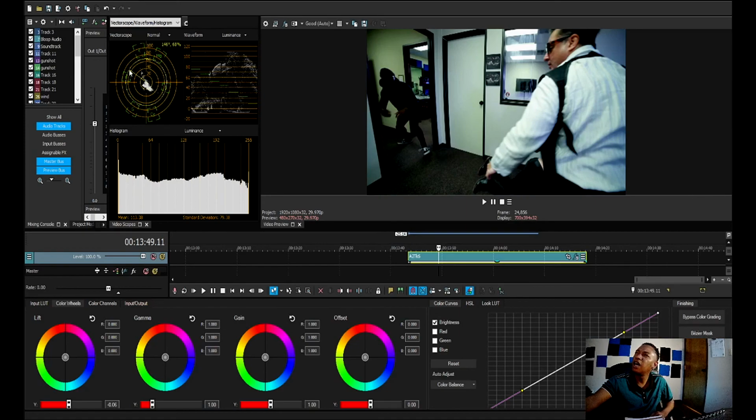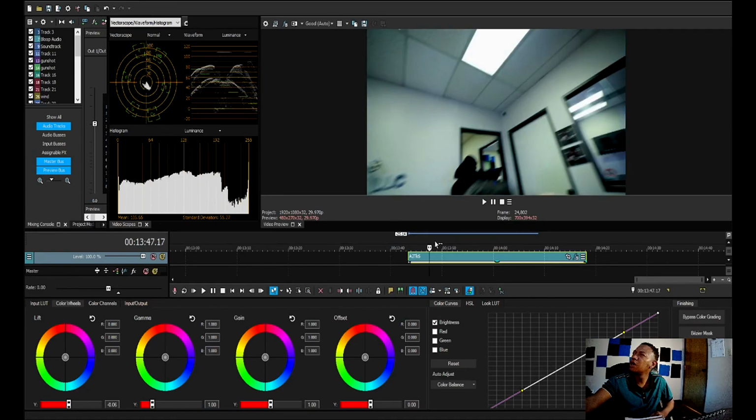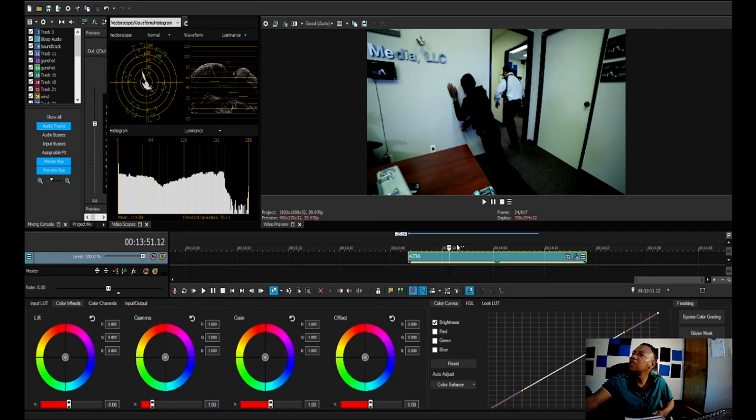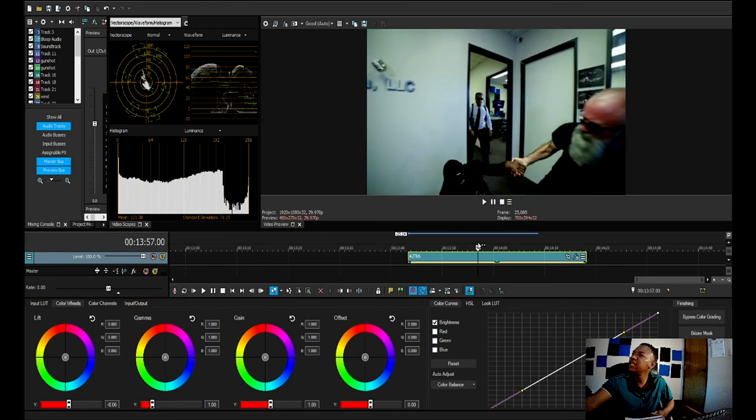After you get the clip looking good and all even, what you want to do is look at your vector scope, which is basically your color information. It's your hue, your saturation. You want to make sure that's not blown out, right? So looking at this skin tone and these yellows